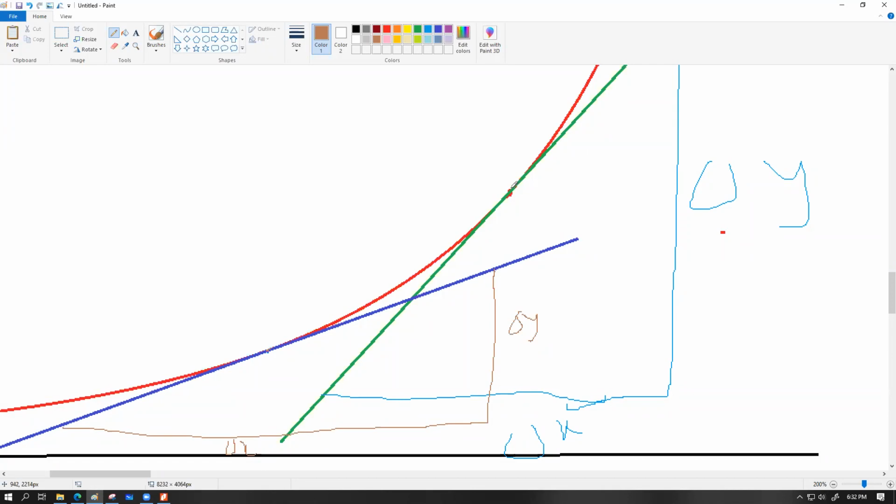So you cannot simply measure the gradient of a single point and say this is the gradient of the curve. Gradient of the curve is not a full information. Gradient of the curve at this point is this much, that's specified. Or gradient of the curve at this point is something else. So at every single point on the curve, you'll have different gradients. So if you want to calculate gradient at different points, you have to go through the entire process